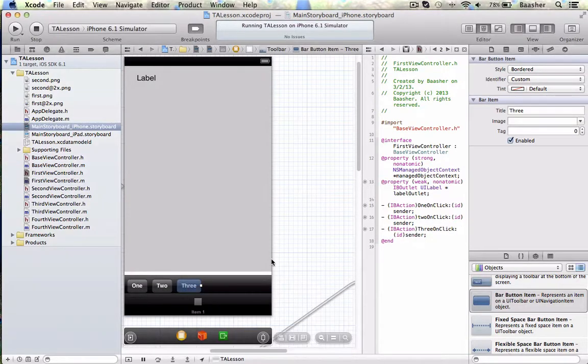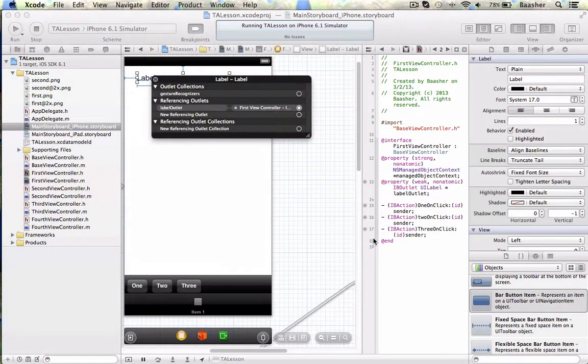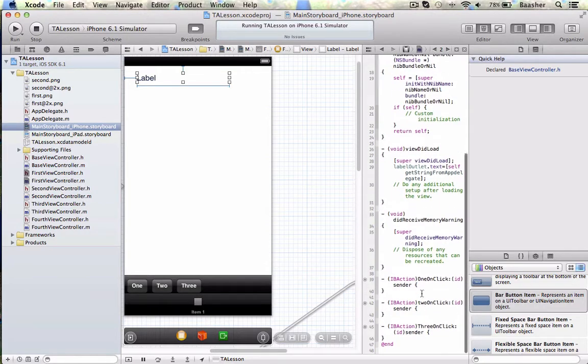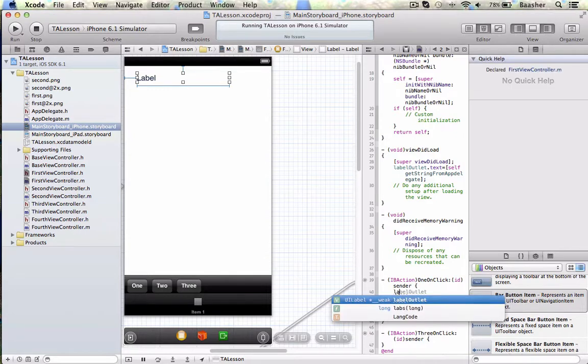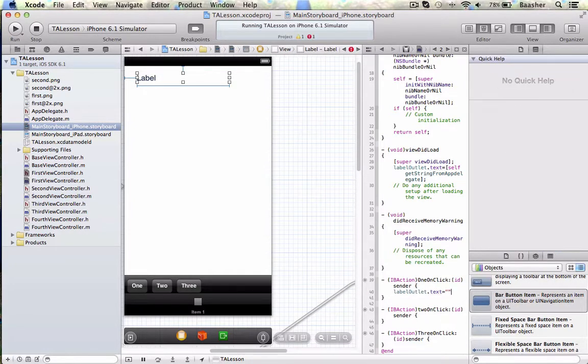Now in here I can write some code. I am hoping that I have an action outlet for it. I do have an outlet for the label. Here's the label outlet. I'm going to switch myself to the code, and it should be somewhere at the bottom. So I'm just going to say, if I click here, I want to say label outlet dot text equal to